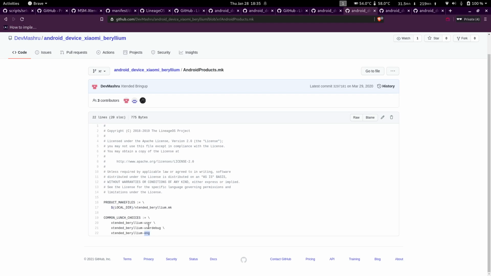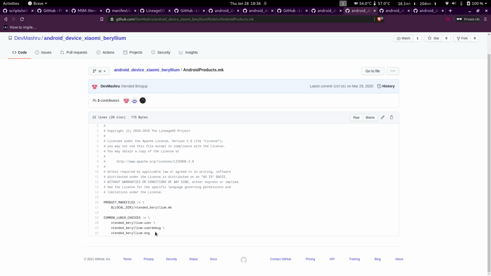So what's the difference between a userdebug and an eng build, you would ask? The user builds are basically what your phones ship with. They are completely stable. They hardly have any debugging capabilities. They are basically production ready. Userdebug builds have some debugging enabled by default.